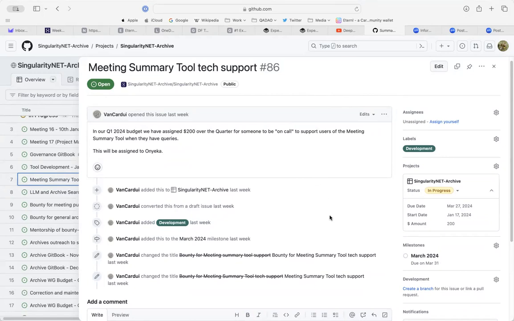So this is... okay. So you're budgeting for it for $200, yeah? Does that sound right to everybody? And are we all agreed with it? I think we must be. Okay. So it's to be on call to support users of the meeting summary tool, which is ongoing already, Vanessa? I mean, I've publicised it, and I've been saying that he's the person to contact all around the place.